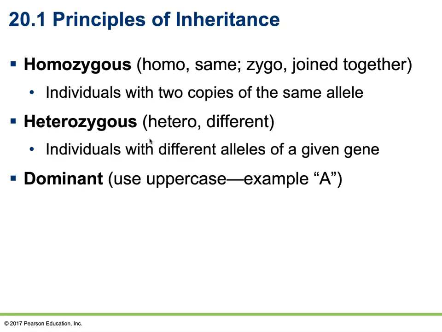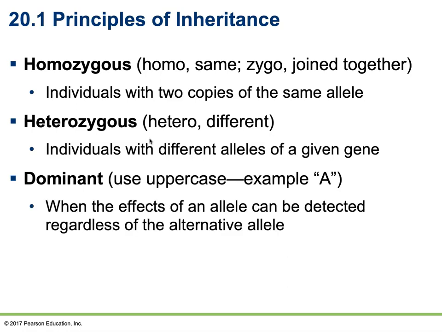The dominant allele is what we call the allele that is always expressed regardless of the alternate gene. What we find is that if you have an allele for a tall plant and an allele for a short plant, you're going to see only a tall plant. If you have an allele for a short plant and another allele for a short plant, you will see the short plant. But in the event that we have a heterozygous individual, the dominant gene is always going to be